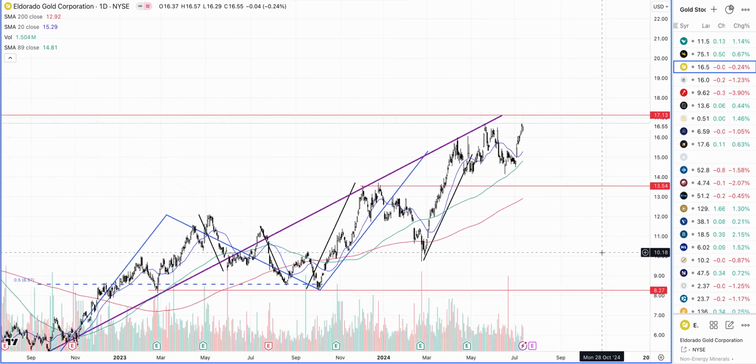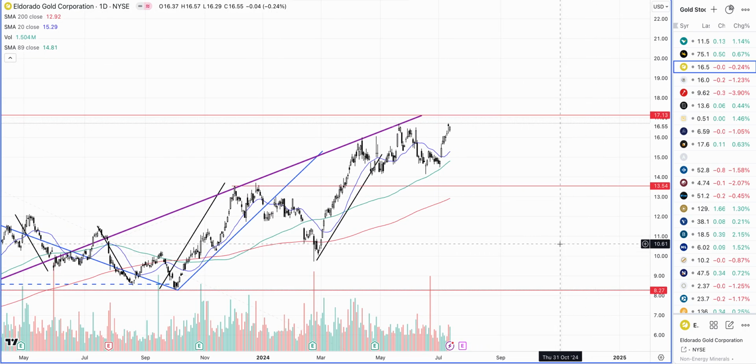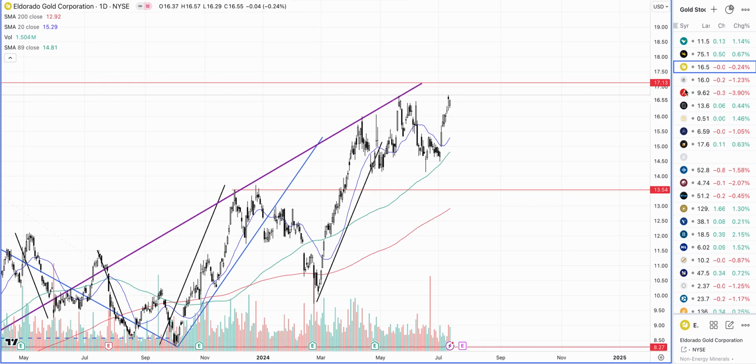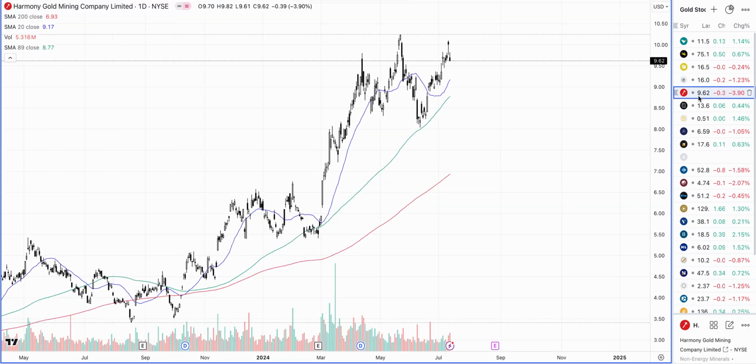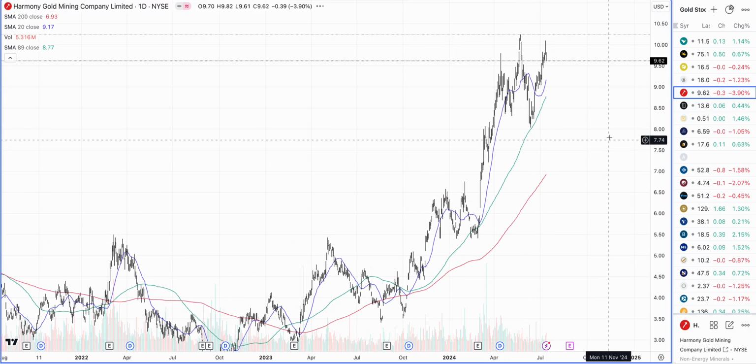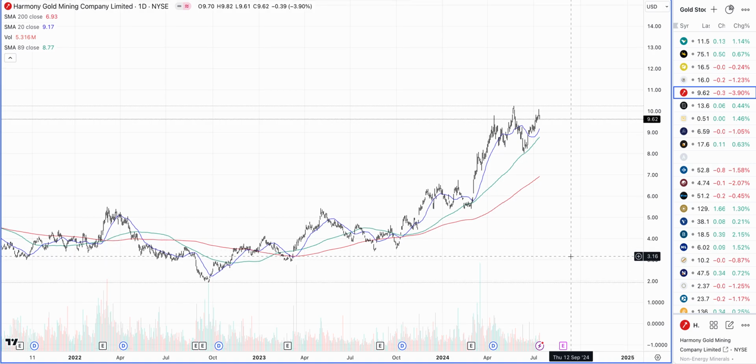So that's really fascinating to see, because when we drew some of these levels, they appeared far off. That market may never reach those levels, but here we are. It is there. Those patterns are getting completed, so it's really exciting to see that. Okay, Gold Fields, I don't know about this stock, so I'm gonna leave it. Harmony Gold, it's again a really small stock in terms of the price.